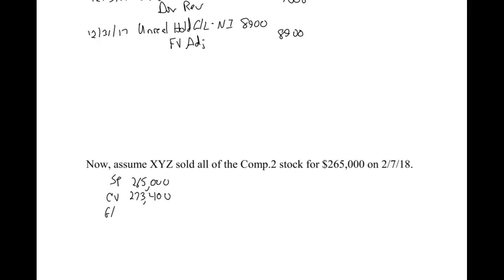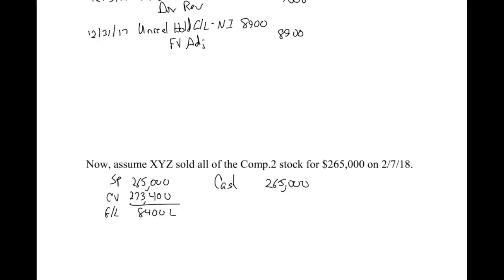and that gives me my gain or my loss. We're selling it for less, so we're going to have an $8,400 loss. All right, so in the Spiceland book, they are going to recognize the unrealized gains and losses and adjust the fair value adjustment account up to this point. Okay, the Kiso book says let's not worry about that. Let's just record the sale,